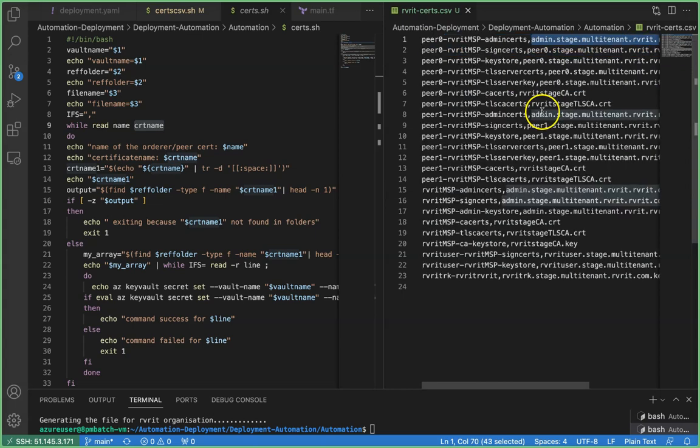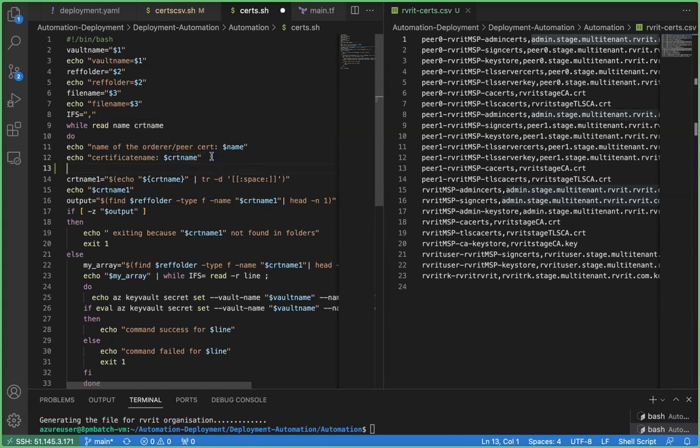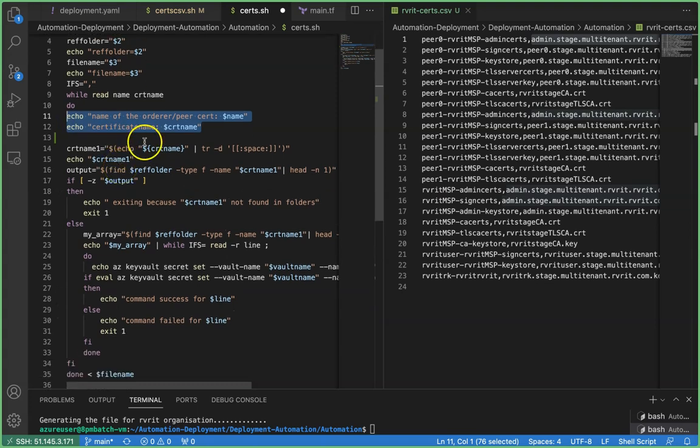Next logic and all easy. Now do echo name of the RPS. Just forget about this particular name and all. You can give anything, not an issue. You're just printing, this is the name. And echo certificate name dot CRT, you are just printing what exactly the CRT name also. These two are just to help you to print. That's fine. The next one here is